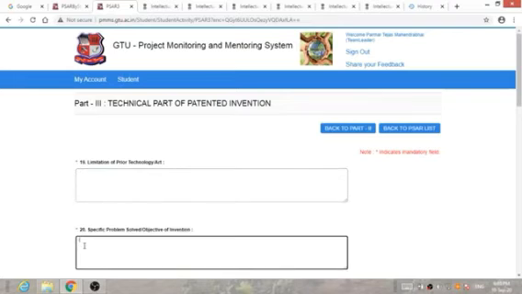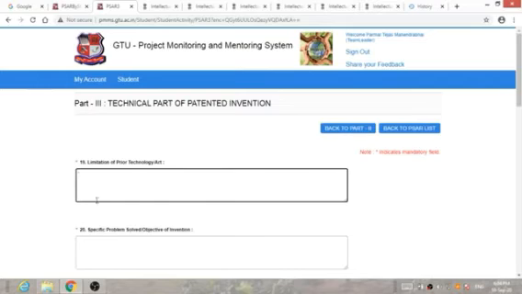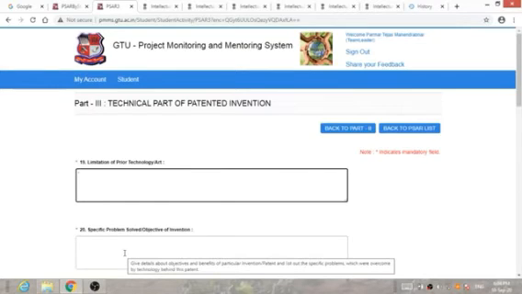Now question number 20 is the specific problem solved or objective of the invention. In question number 20 you have to give the detail about what are the advantages and the objectives of this patent that you have already read.